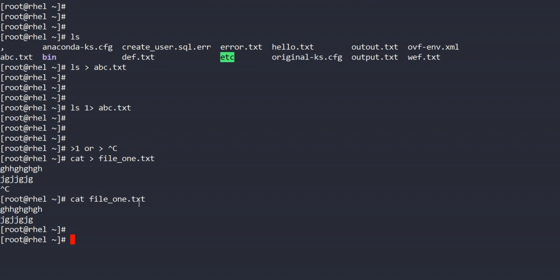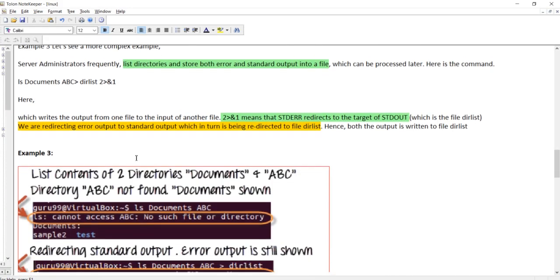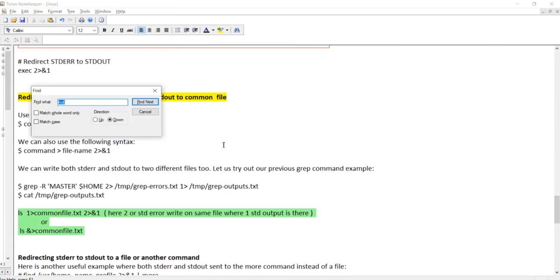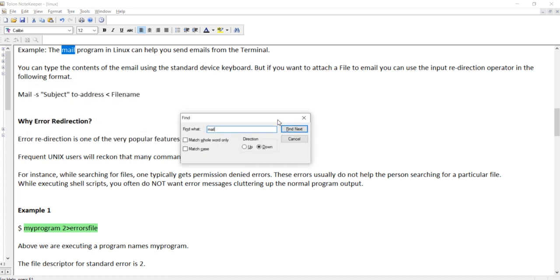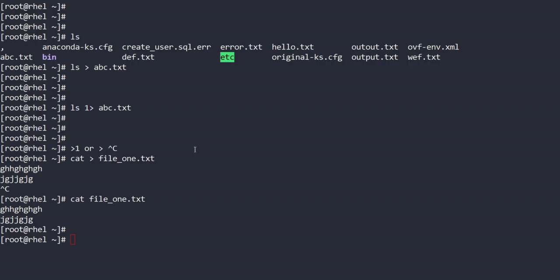Okay, the standard input symbol is this. We very rarely use it. I have only two or three examples available, which I will explain when we require them. Or maybe we can see it here: in Linux we have the mail command. With the mail program, suppose you have to send a mail using some file, you can use it. I don't have too many examples for this input operator. It is very rarely used. Mainly we deal with error and output.